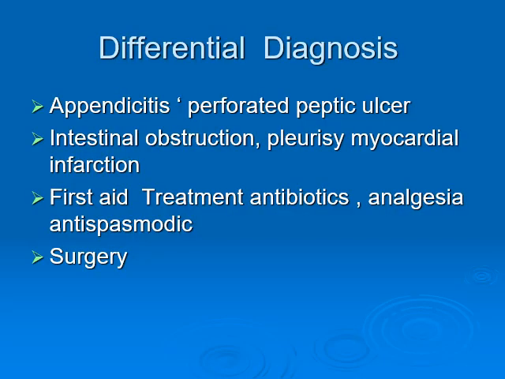Differential diagnosis: usually it's an acute abdomen. You can diagnose it with the clinical picture and the ultrasonography. It should be differentiated from appendicitis, perforated peptic ulcer, intestinal obstruction, pleurisy, and myocardial infarction. First aid treatment: antibiotics, analgesia,